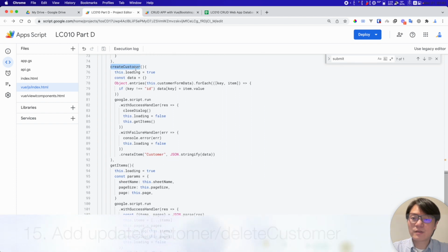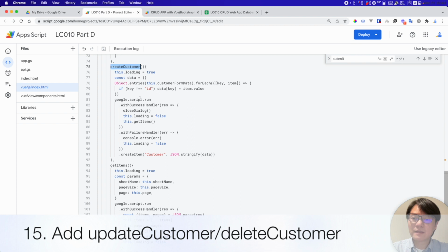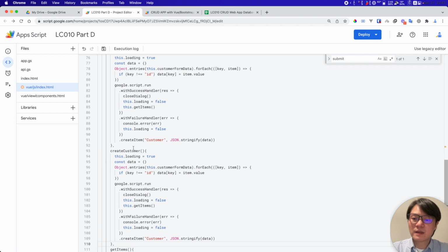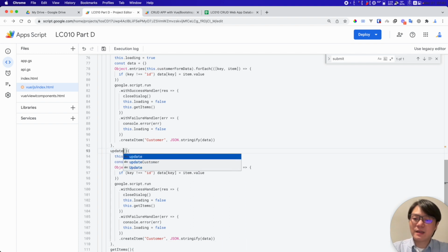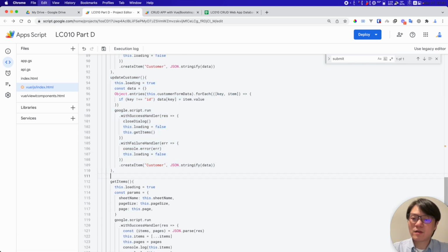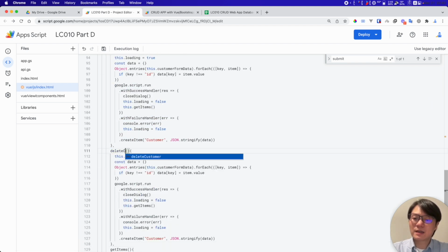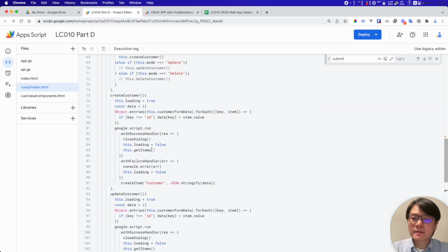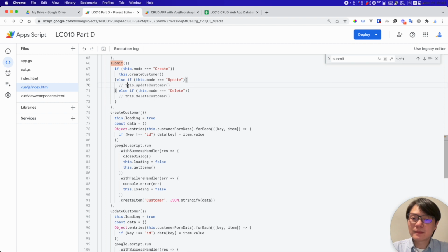So this is a function to create a customer. Okay, and we can make a copy of this function and change it to updateCustomer. And in the same way, we can make a copy and deleteCustomer. And let me move this comment. So basically, if the mode is update, we call this function updateCustomer, and if the mode is delete, we delete